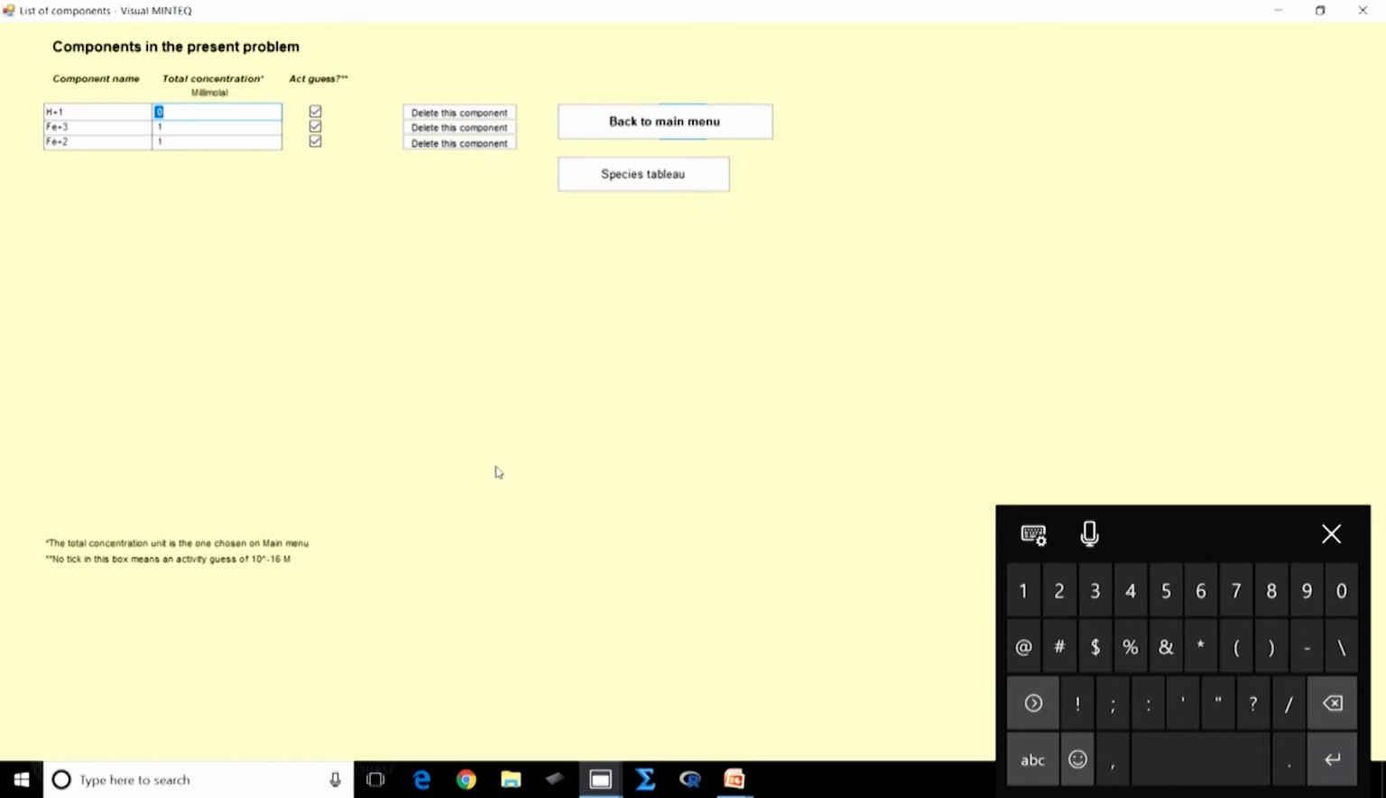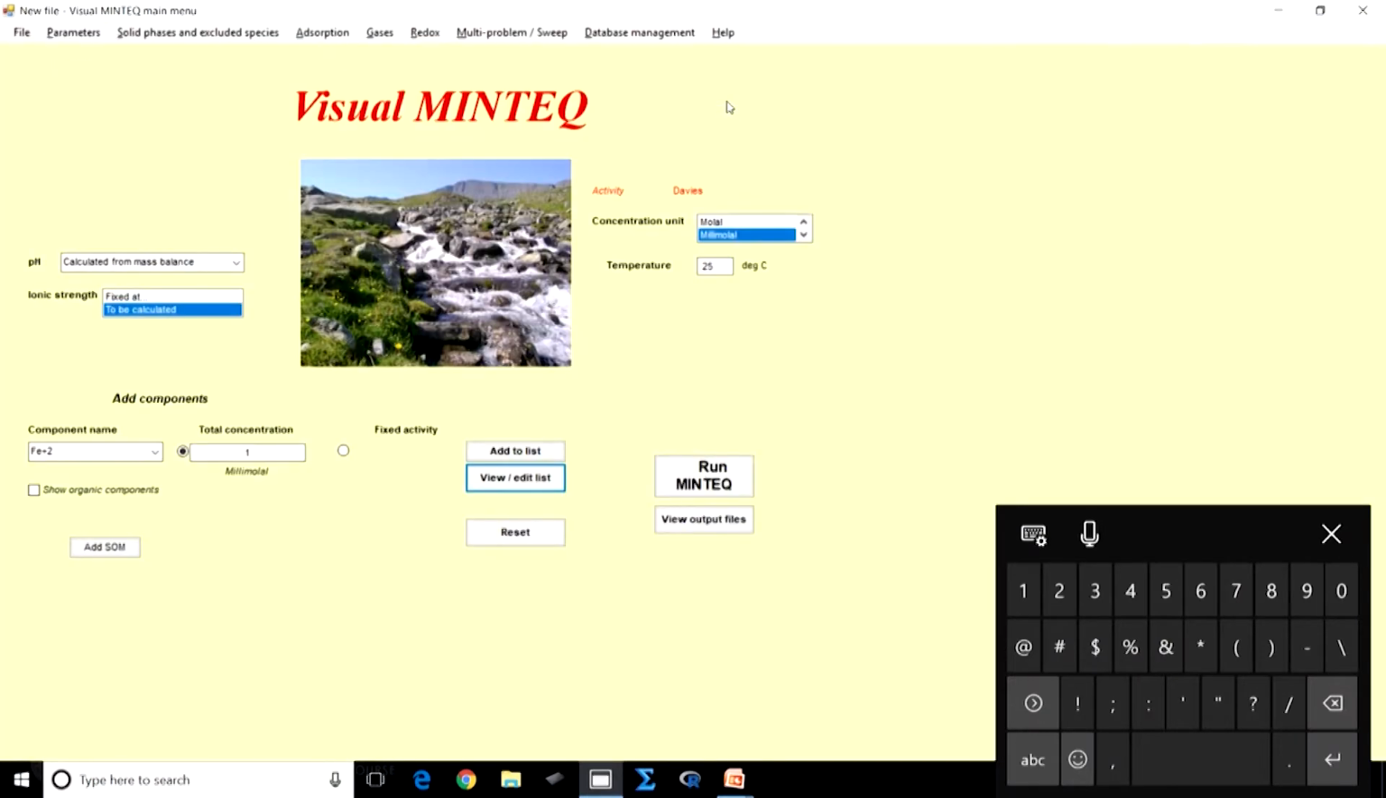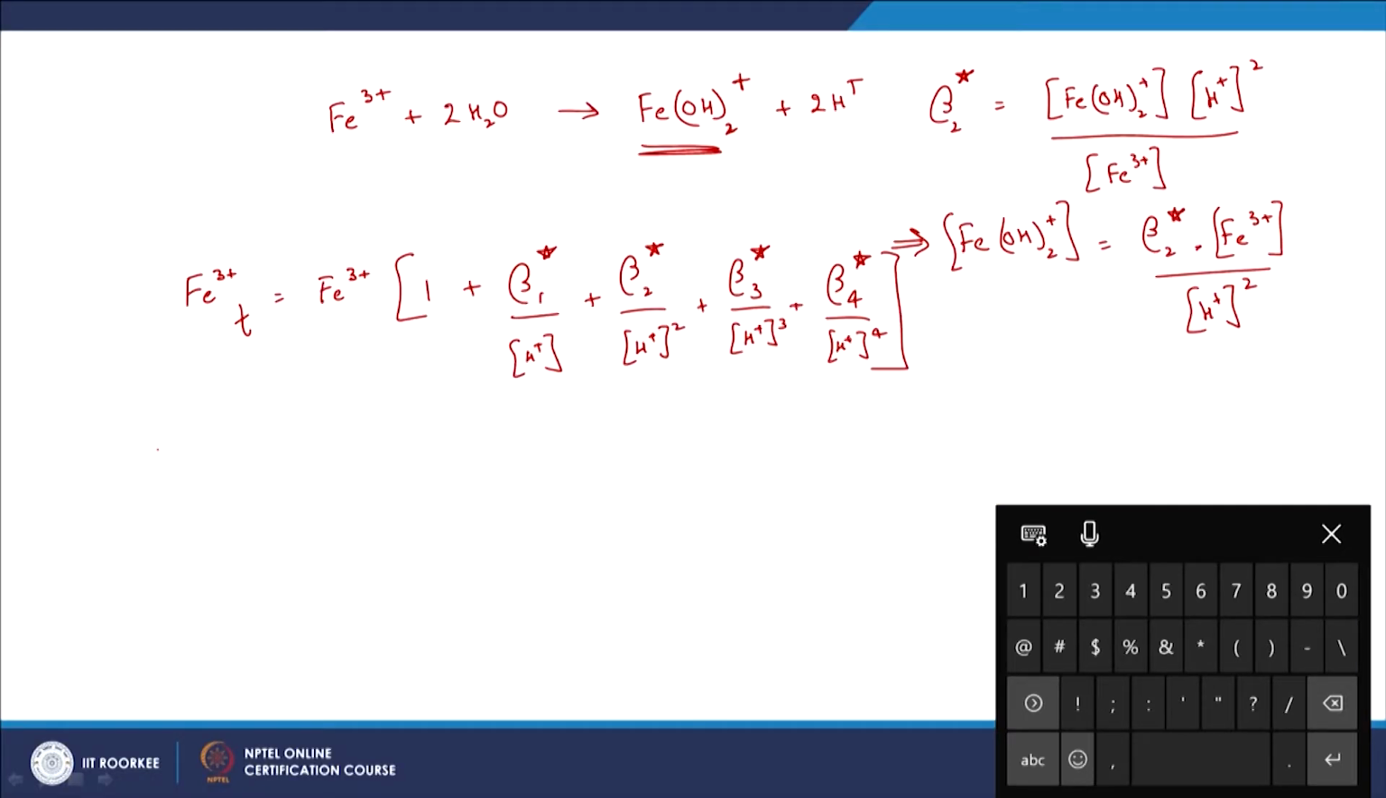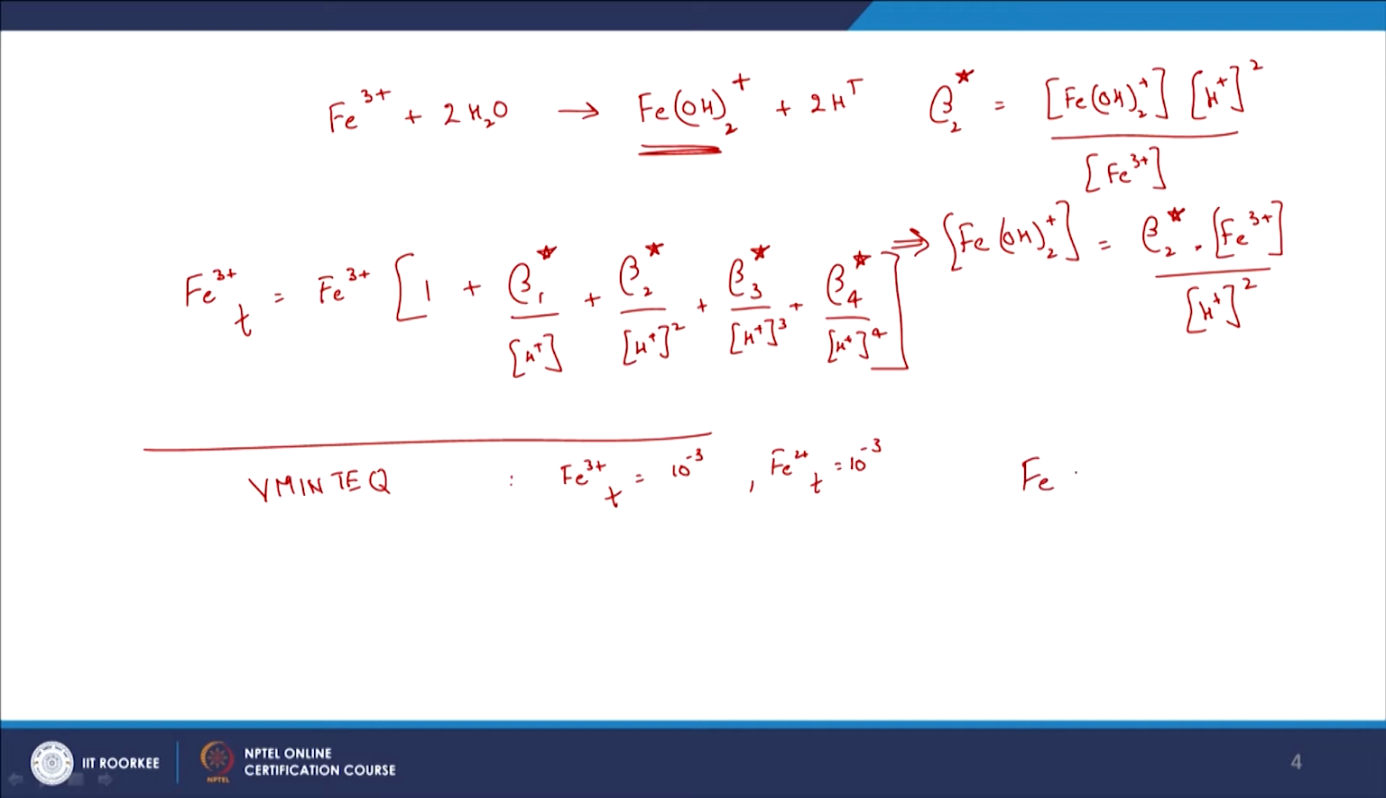Let's go back to the main menu. So again, we are trying to work it out by Vmintech, and we need to give the total component concentration. So Fe3+ total is 10 power minus 3, and the same for Fe2+ total at 10 power minus 3. But for the relevant charge balance, let's assume we are having FeCl3 and FeSO4,